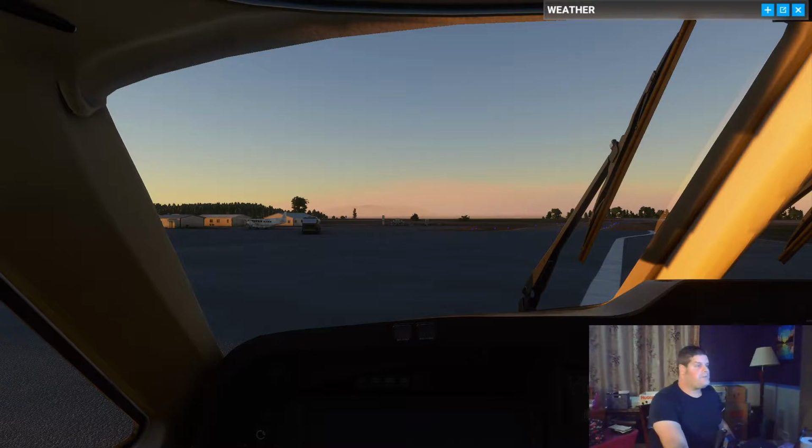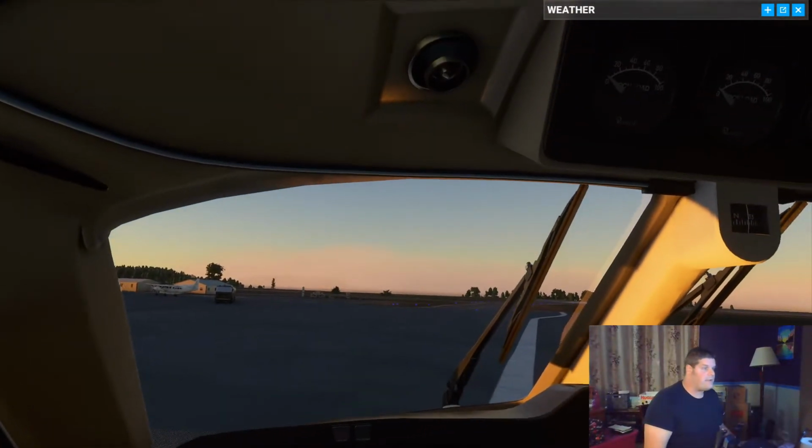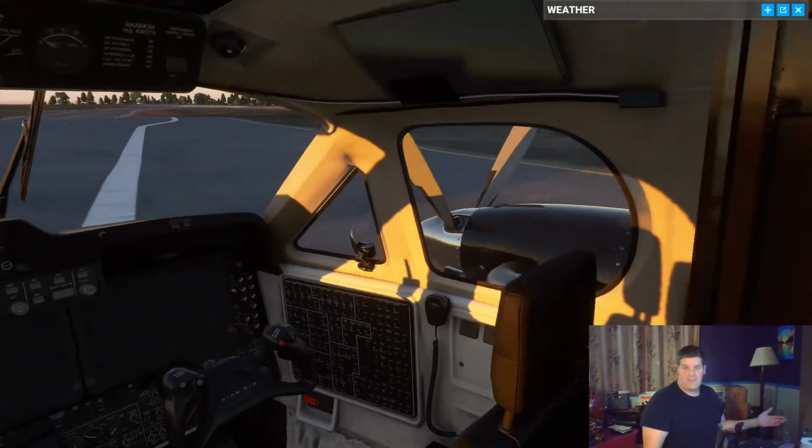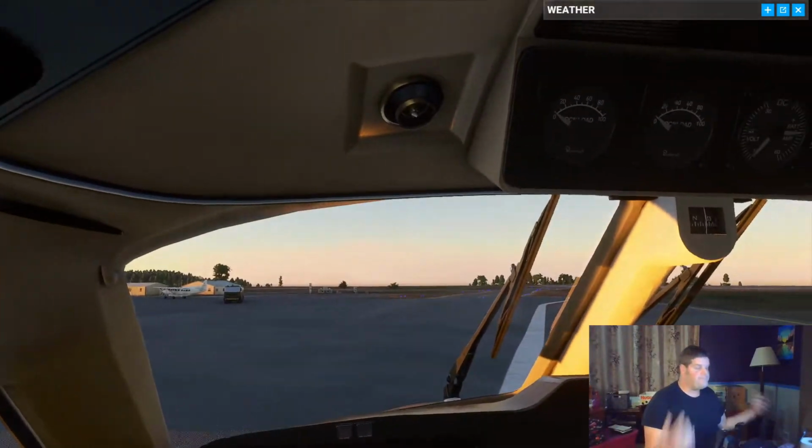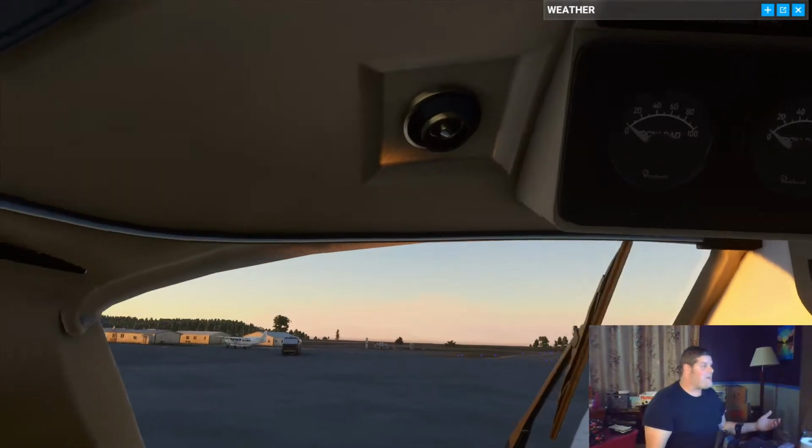So what happens is when you click the stop button, you set your phone down and center your head nicely into the phone, which I'm doing down here. Not really doing the best of showing you that, but just imagine my phone is here. Once you've completed that, you press the start button again on the computer portion of the app. Then on your phone, you set it to running. And now the view will change when I look around in the aircraft,